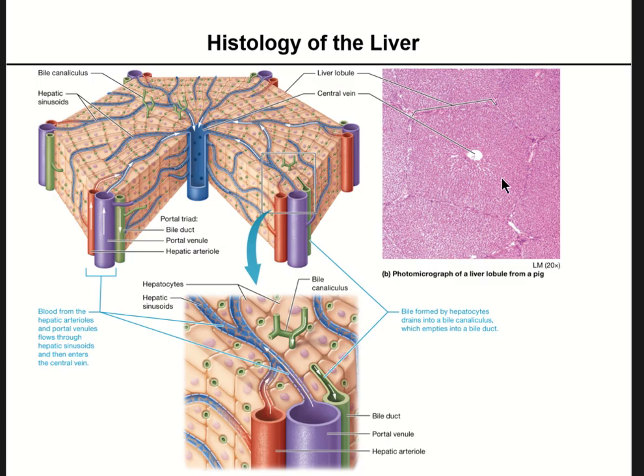You're also going to need to be able to identify the histology of the liver. And what you need to know about the liver is you got to be able to identify a lobule. And the lobule, I would just look for this hexagon here. And that is a single liver lobule. It's the basic unit of the liver, and it's separated by a little septa, connective tissue capsule. These are filled with tons and tons of hepatocytes,